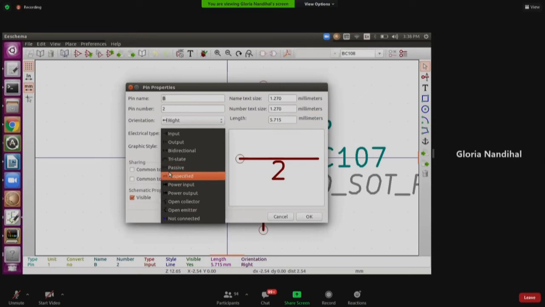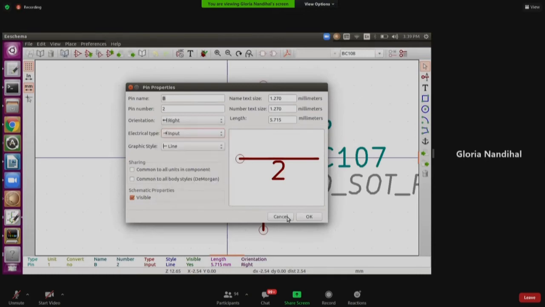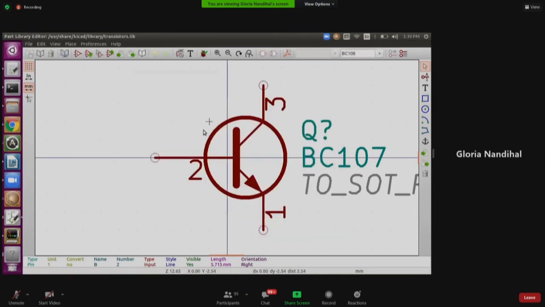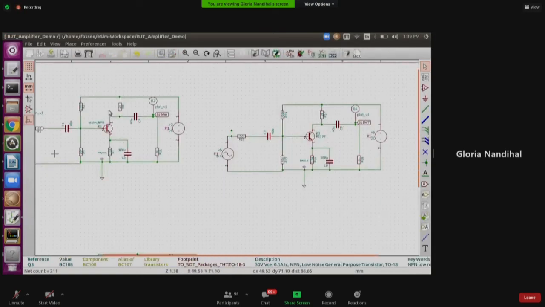In one of our team discussions, we were discussing that earlier it was open emitter and open collector for BJTs. You can choose open collector and open emitter, but make sure when you choose it as open collector or open emitter, you need to have pull up and pull down resistors in your circuit. Otherwise, it won't give you a proper output, right? You will learn how to model this and how to do the drawing in the sub-circuit builder. In that tutorial, we showed how to add it in a sub-circuit, but you can add it in any of the libraries.